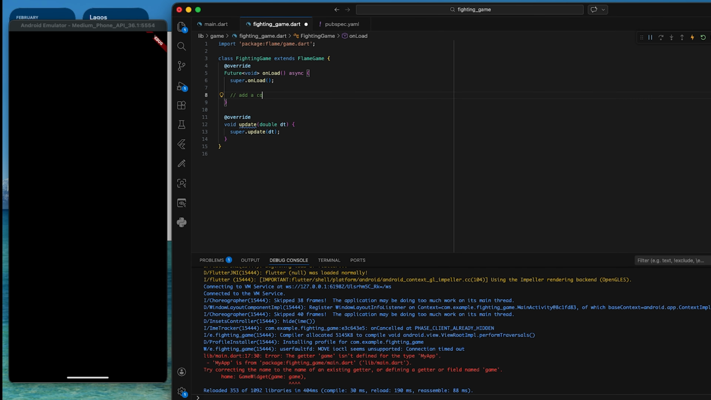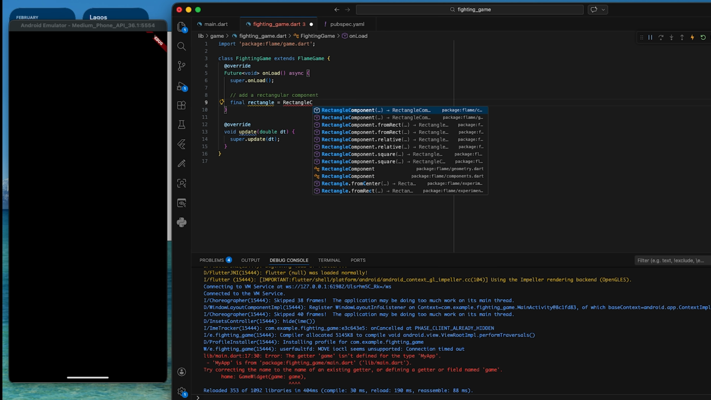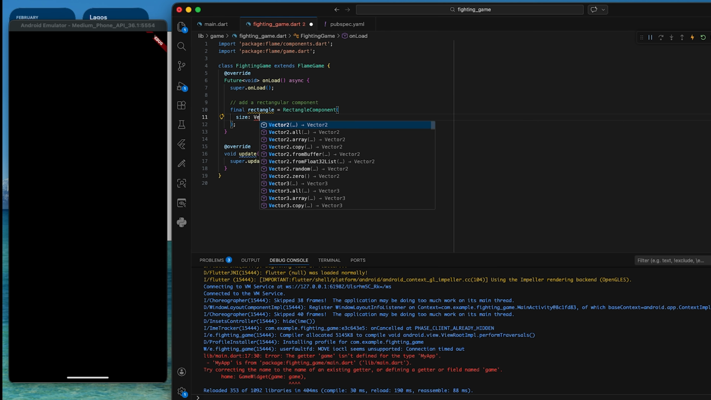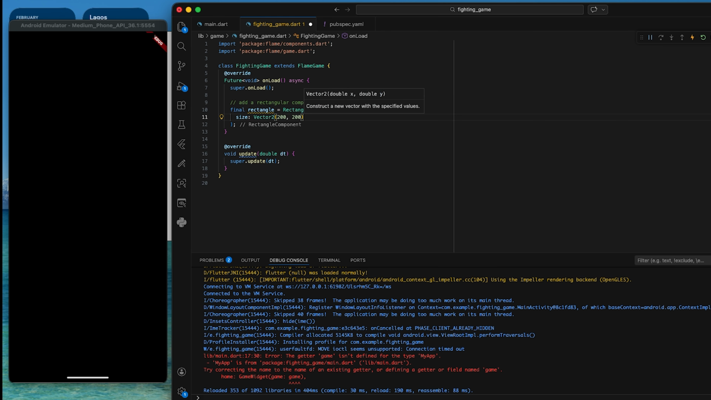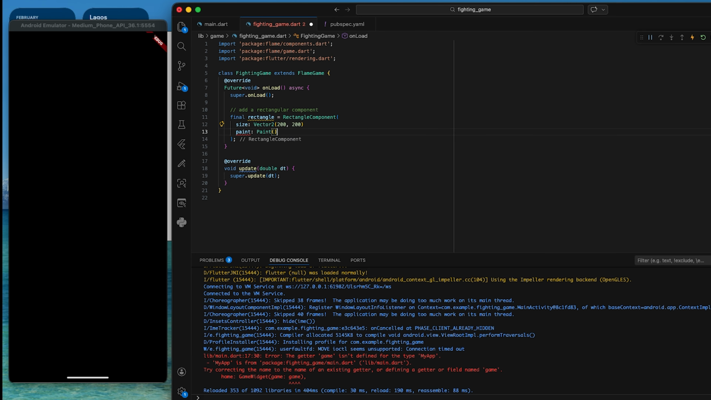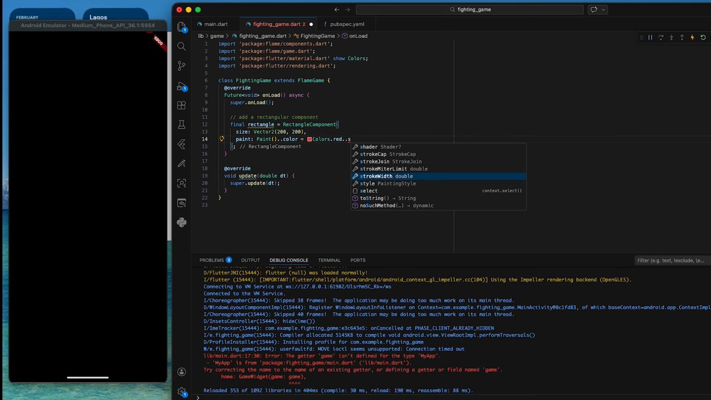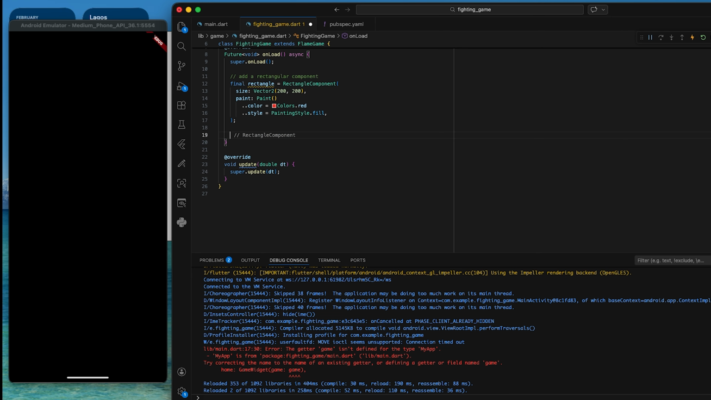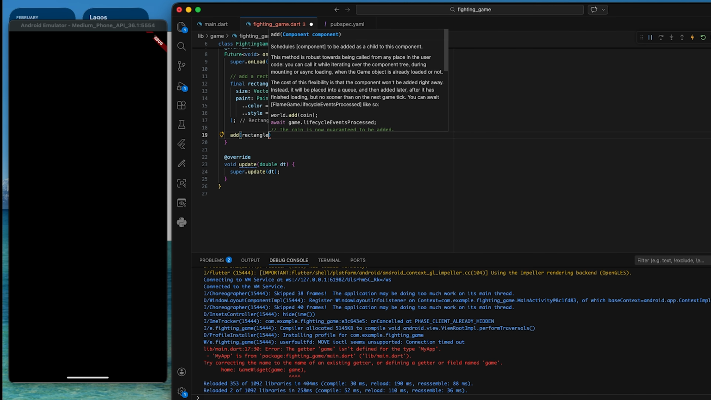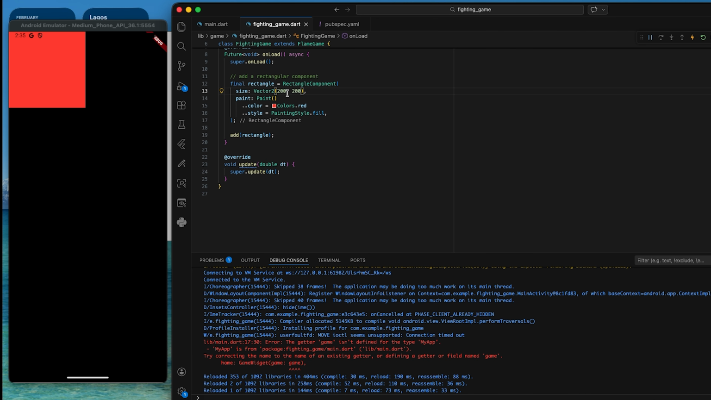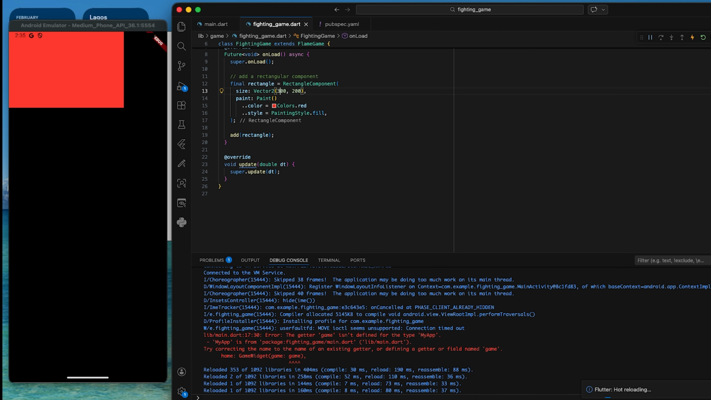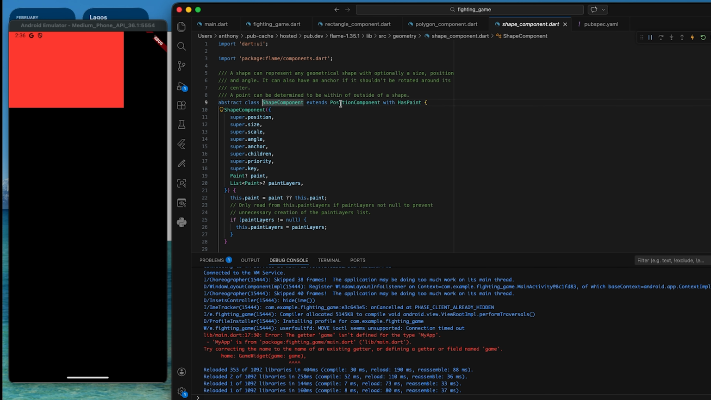So let's create the first component. Within our onLoad function, I would add a rectangle component. This is just a rectangle with a size and color. We add this to the game using the add function, which takes the component as the parameter. The rectangle component extends one important component